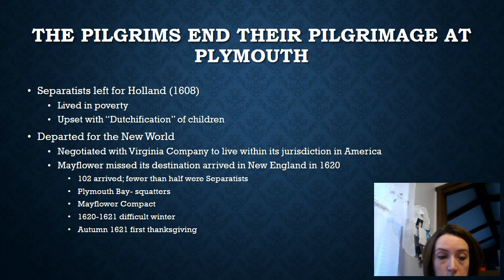Similar to Jamestown, they have a very difficult winter. What's different is when they do arrive in New England, they find large areas of land cleared because the Native Americans who lived there, the Patuxet, had encountered Europeans and had been wiped out by disease. So the disease had affected the Patuxet Native Americans and they died, and so the Pilgrims felt like they were being rewarded or something because they came with this land that is truly clear.